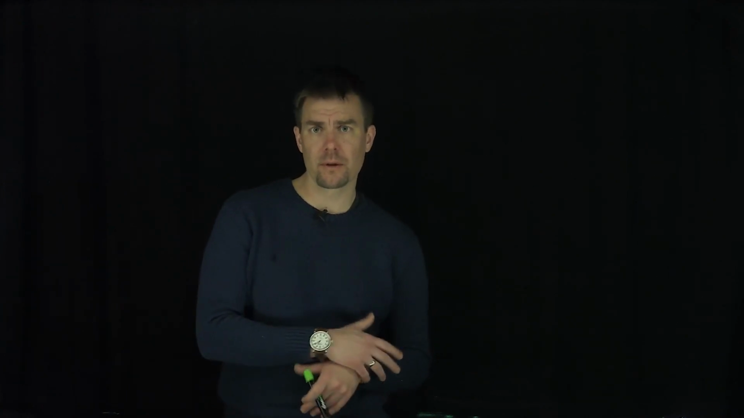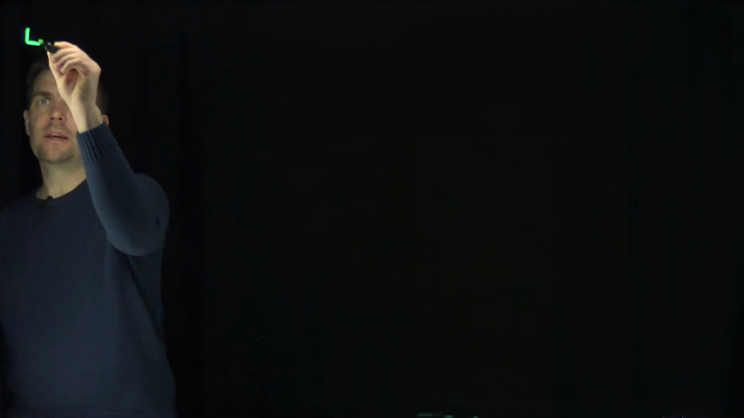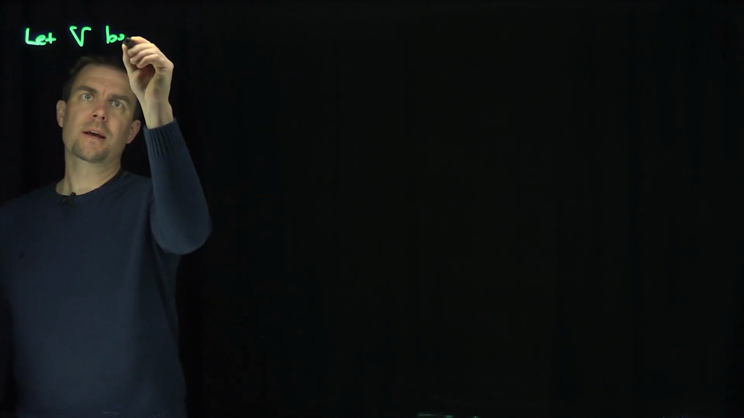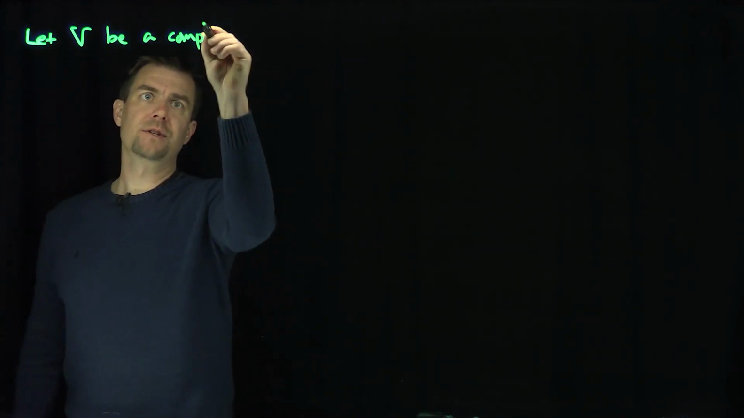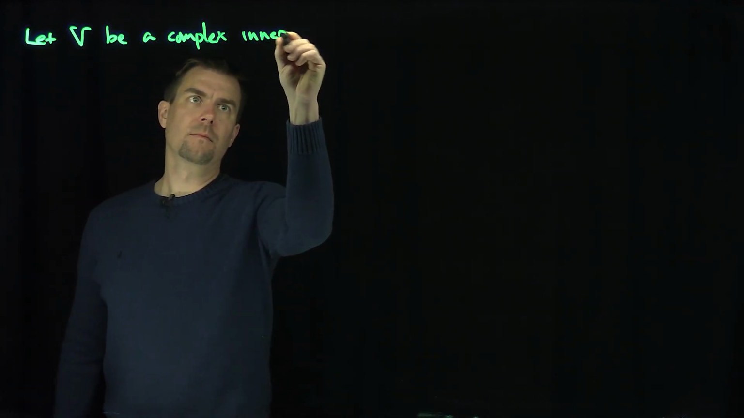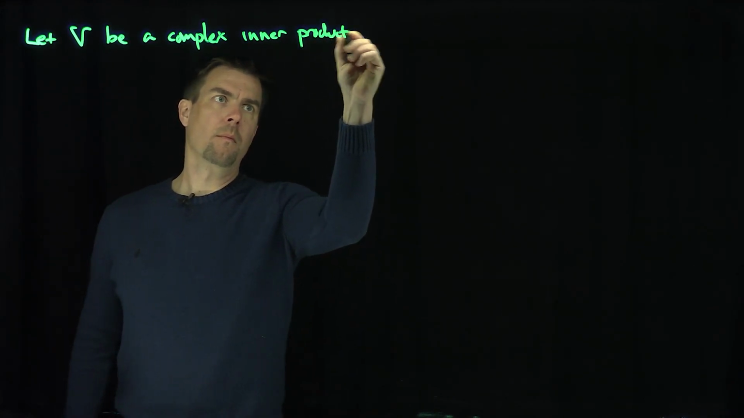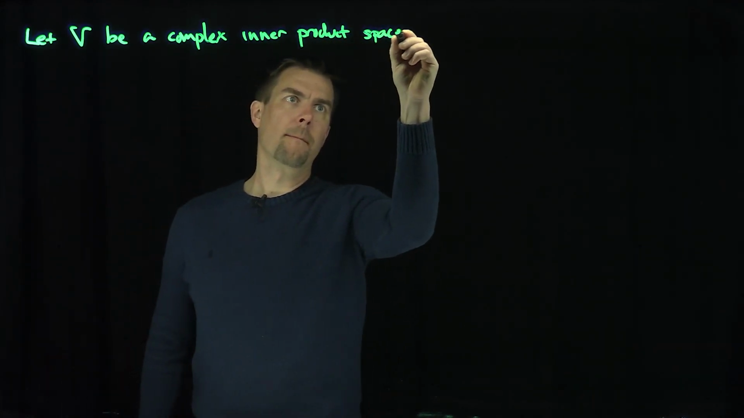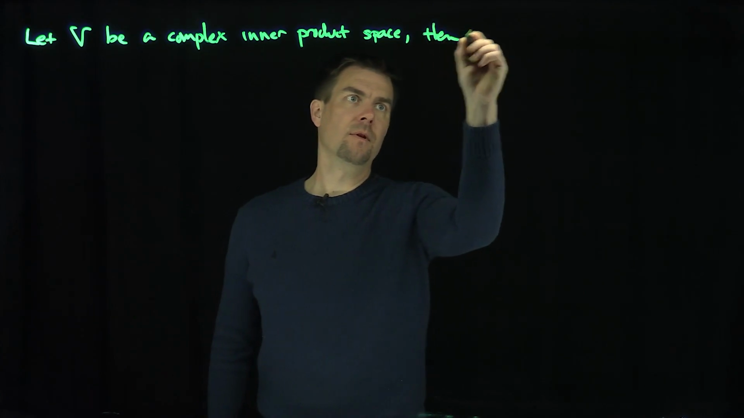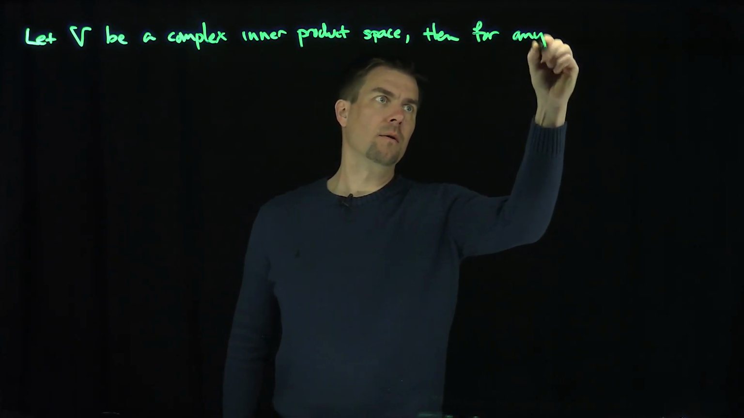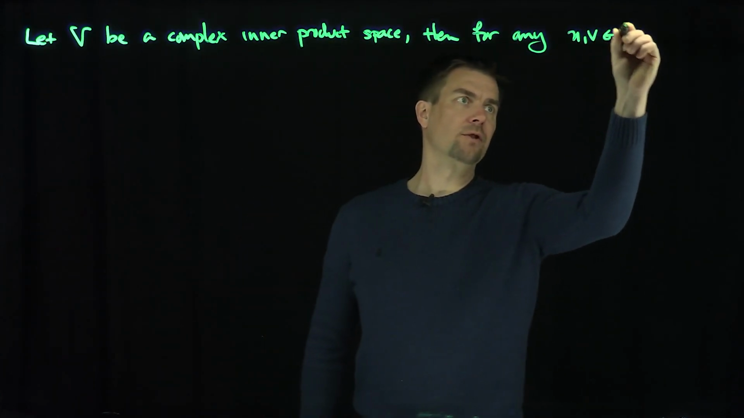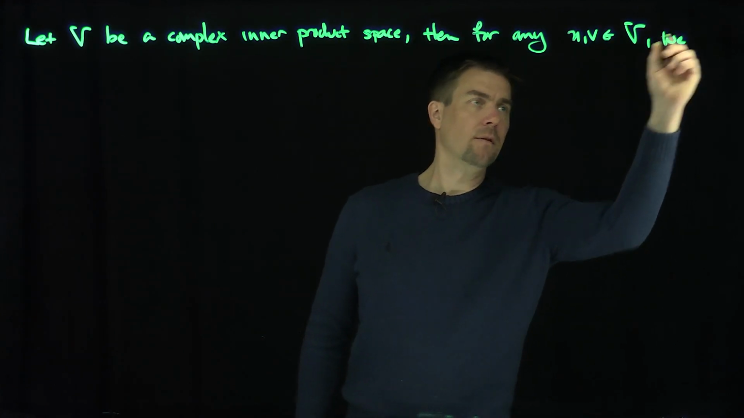Hello students, in this video we'll prove the polarization identity for a complex inner product space and see an application to the Parseval and Plancherel theorems. So let V be a complex inner product space. Then, for any U and V in your vector space V, we have